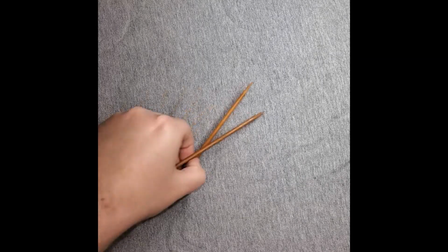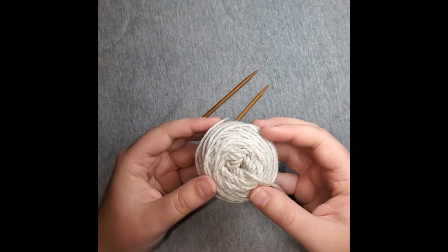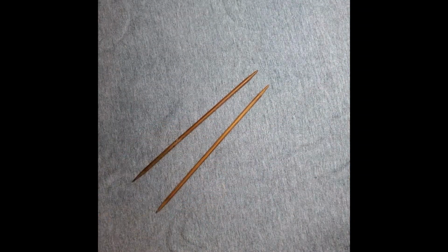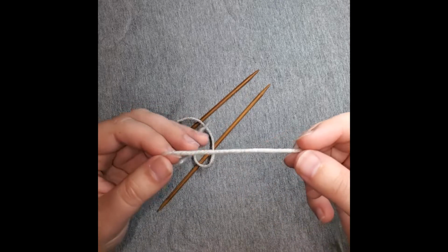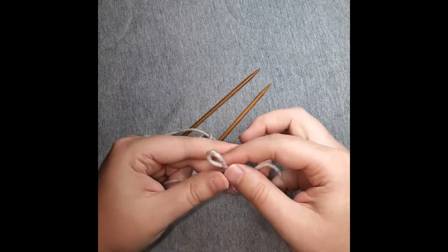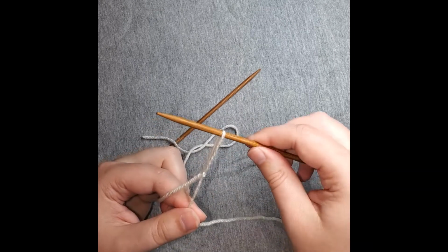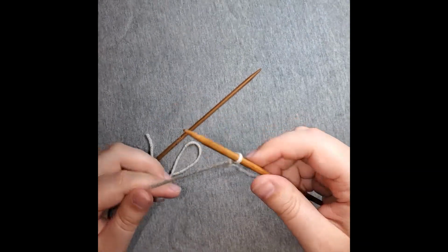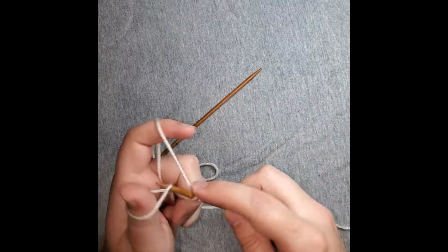Okay, we're going to talk about swatching basic stitches. So first of all, I'm going to use size 4.5 double pointed needles and a cake of yarn. It's an Aran weight. Color is linen. So first off, we just take our yarn and we come up and we make a slip knot like so. Put our needle on and cinch up that knot, not tight, just snug. And then I'm going to cast on 20 stitches